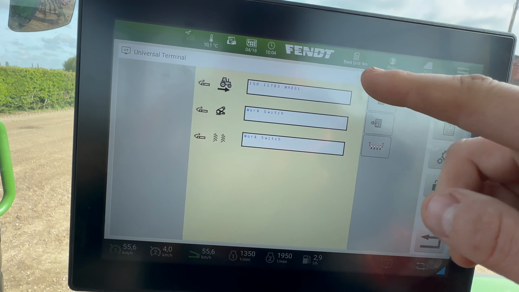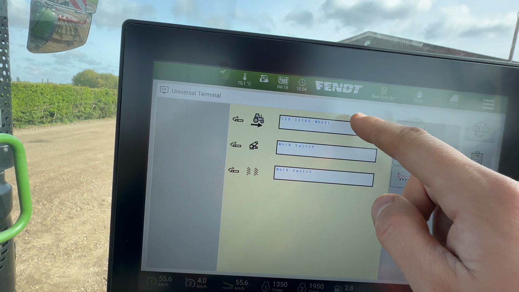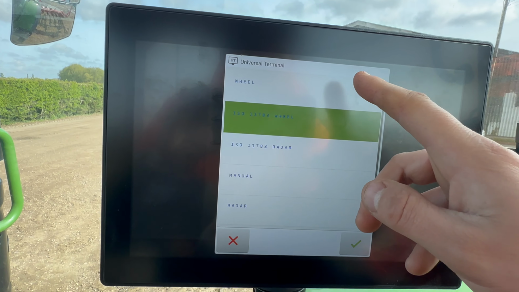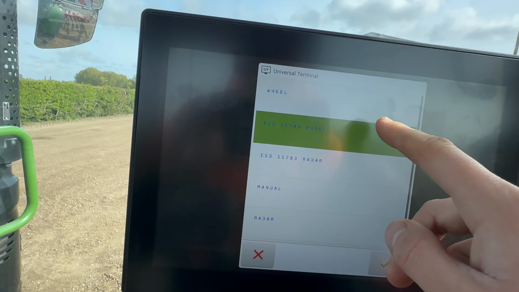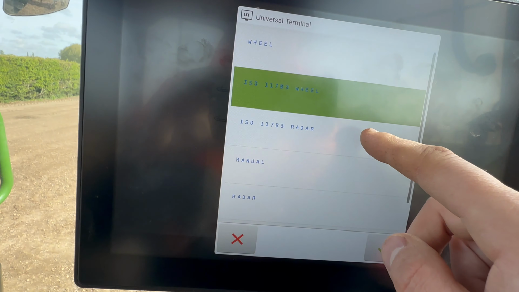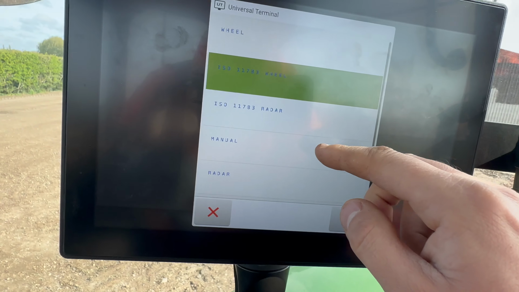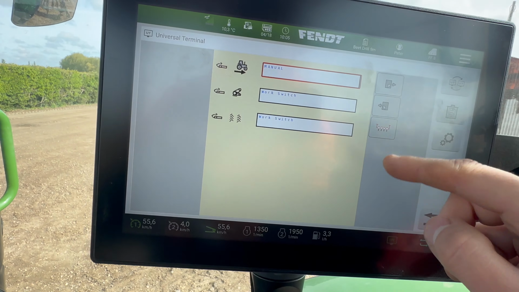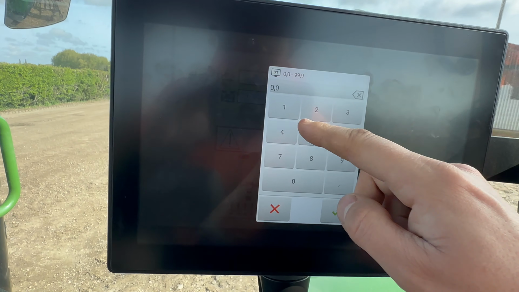So for example, if I wanted to check that all of my modules are working, so the drill's empty, I can click that and I can choose different things. So I can either have the wheel, which is a sensor on the back there, I can have the ISO wheel, which is using my GPS speed, or I can have radar, which is the radar on the tractor, manual, or radar if there's a radar on the drill. So I'm going to click manual, and then if we go back, you see I've got an option now to put in my speed. So if I put in 4K,